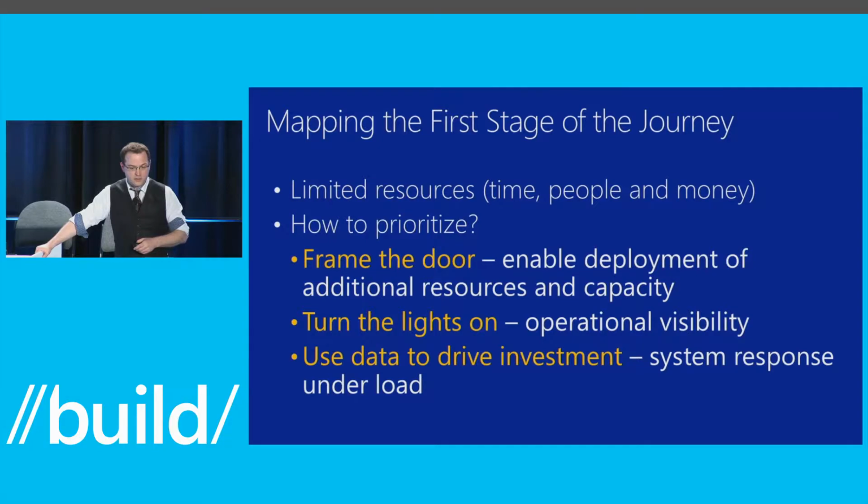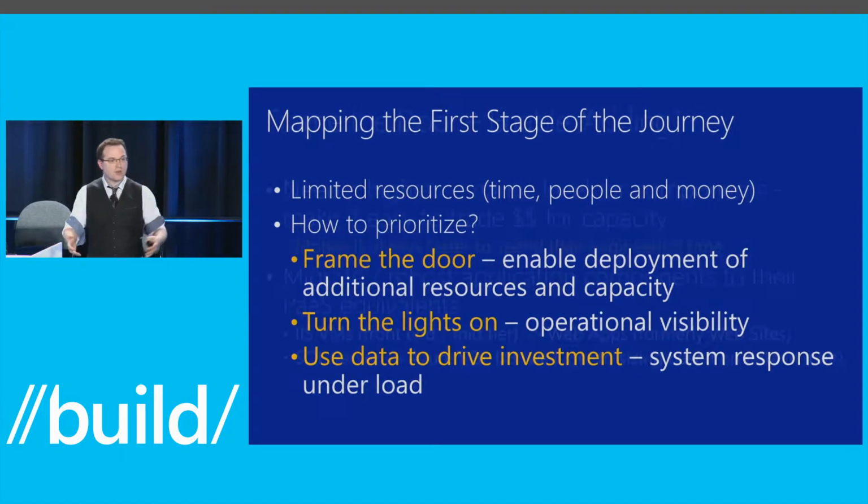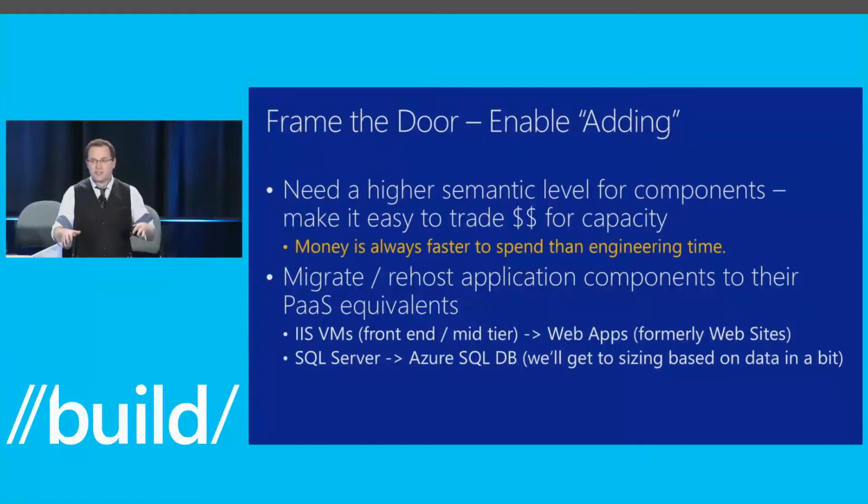All right. Also, how do we get out of this race of managing at the transistor level? It just takes time. And we want to focus on business value, getting features in, and not having the pager